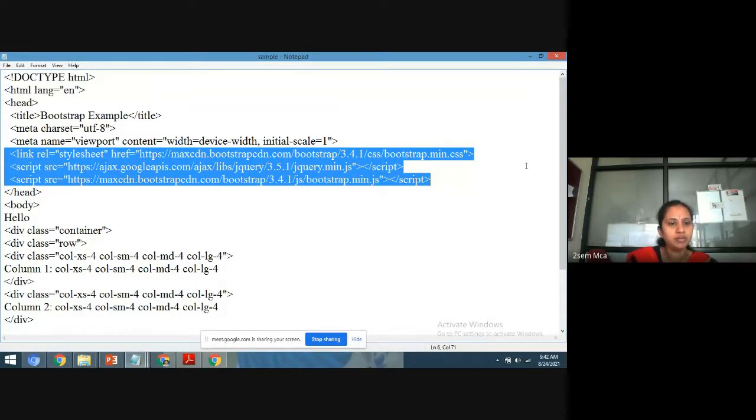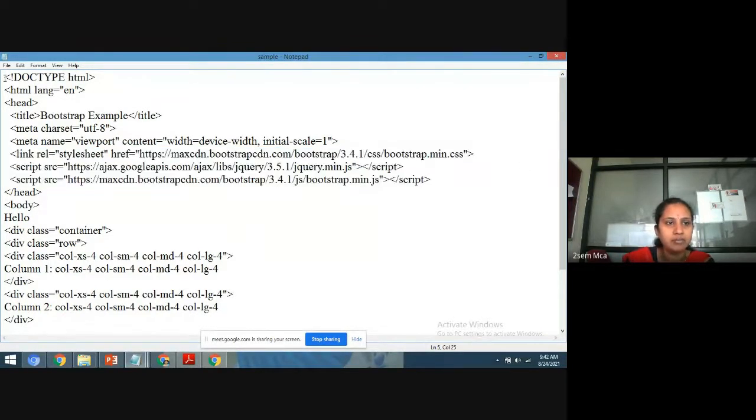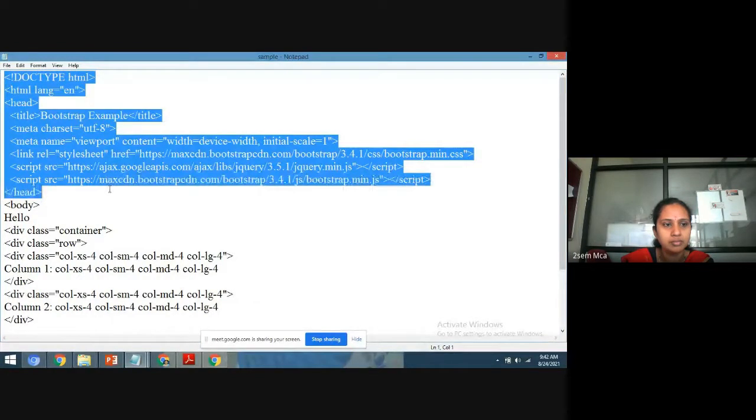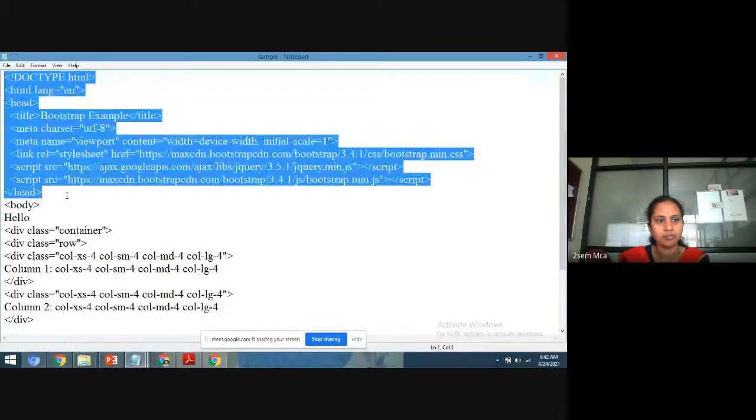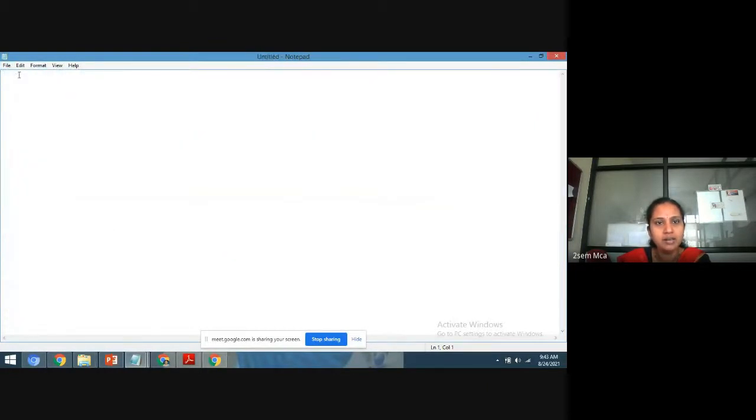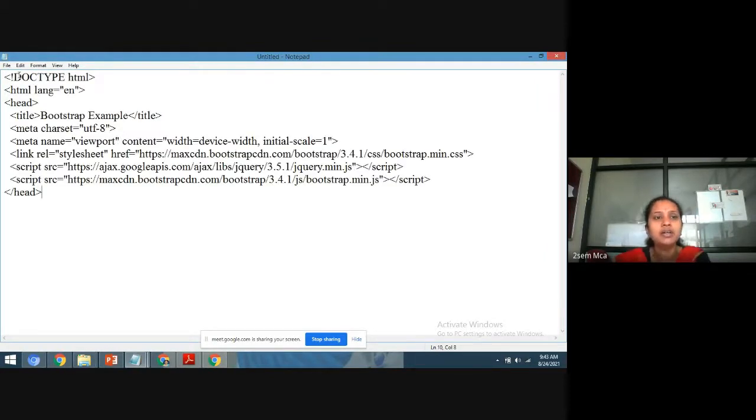Once you wait, student, I'll create one program and show you. Students, how we created an HTML program: I was taking a new notepad file, and there we were typing the doc tag, head tag, and the body tag.